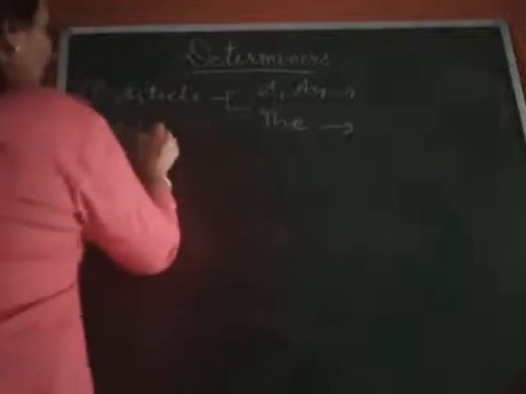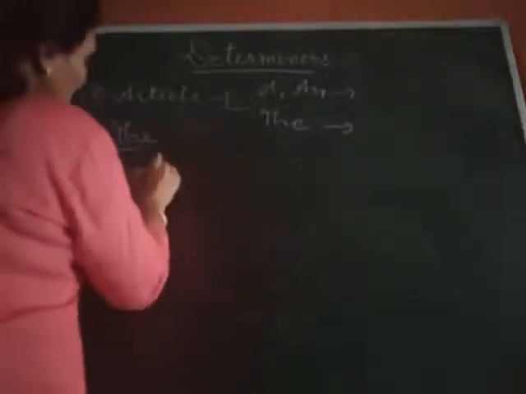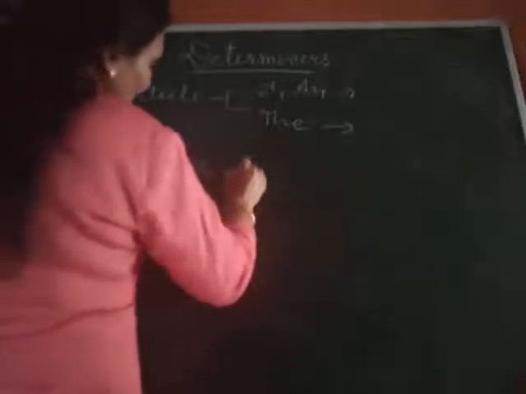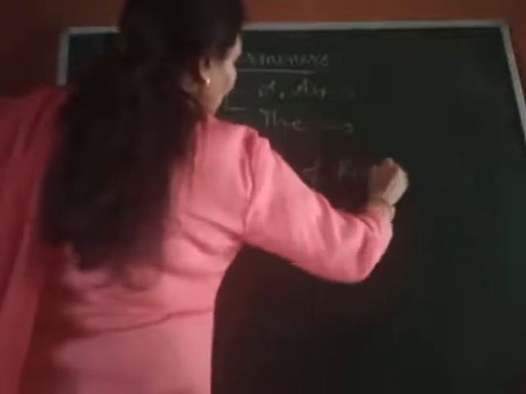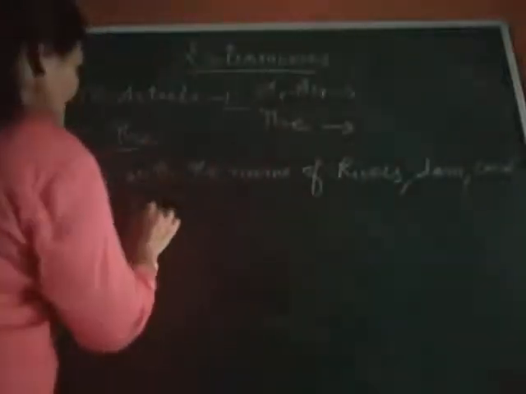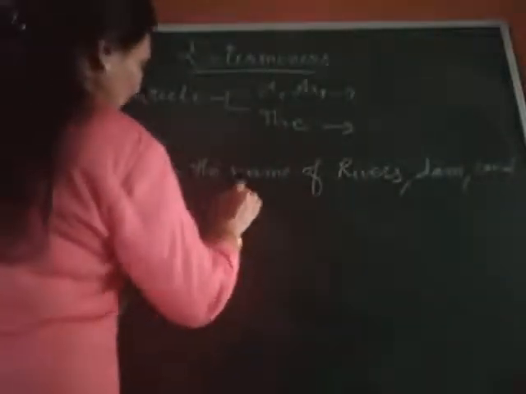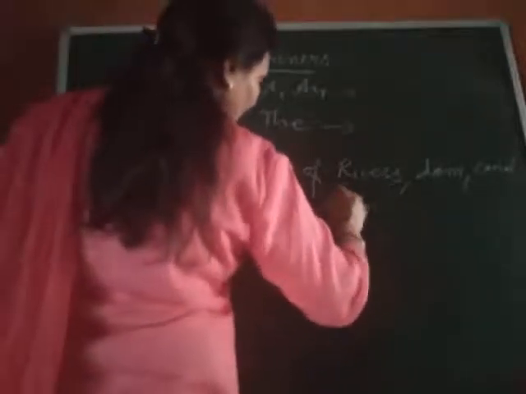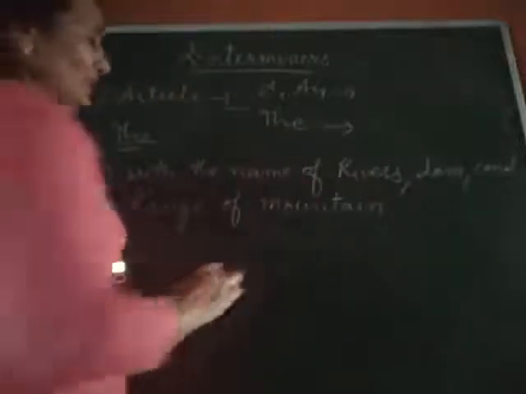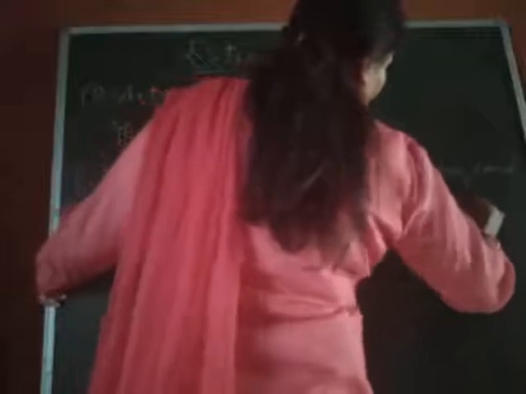Next, now we'll proceed to the topic definite article the. Where is the used? The is used with a particular or special object, place or person. We use the definite article to particularize that noun. किसी स्पेशल पर्सन के, प्लेस के और थिंग से पहले हम the आर्टिकल यूज करते हैं. Clear?